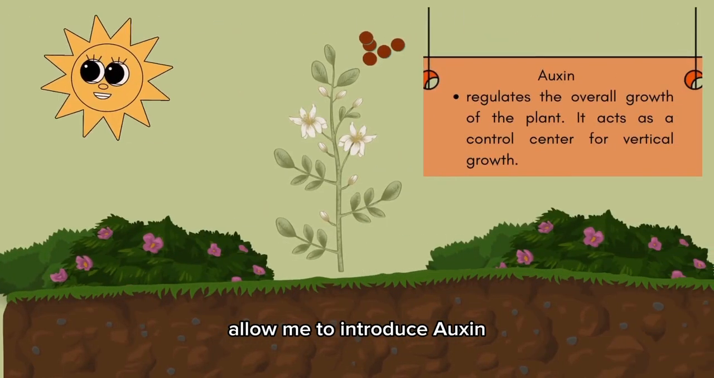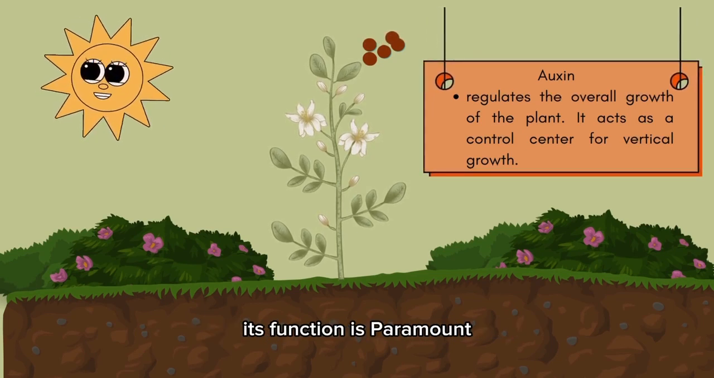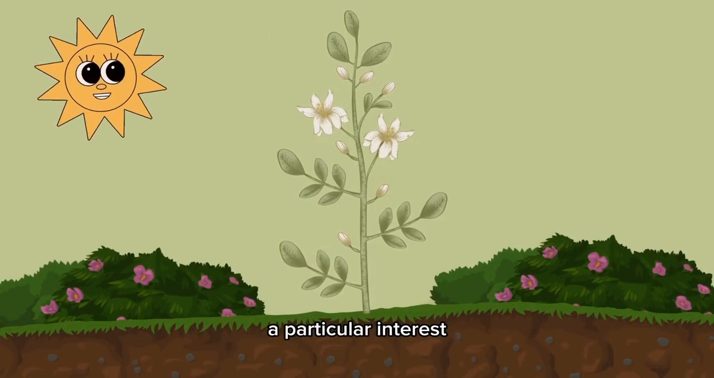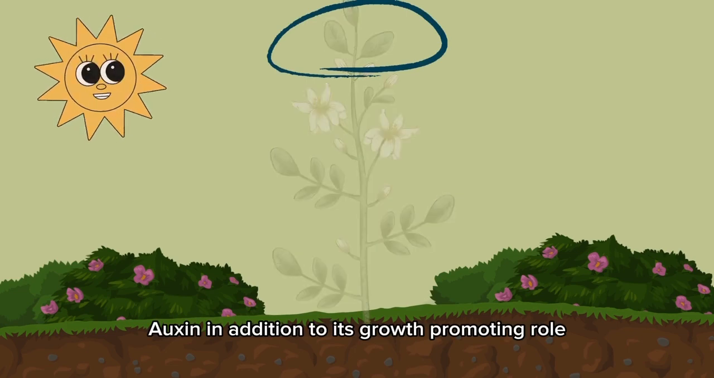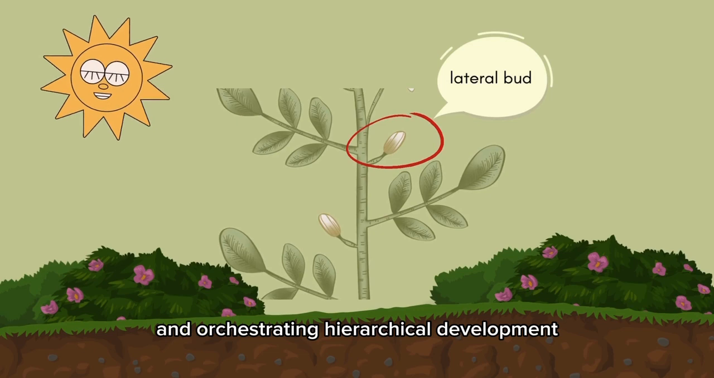Allow me to introduce auxin, a pivotal plant hormone localized at the apical shoot zenith. Its function is paramount, stimulating growth and elongation of the apical shoot, thereby dictating vertical ascension. Of particular interest is the phenomenon of apical dominance. Auxin, in addition to its growth-promoting role, serves as a signaling agent, inhibiting lateral bud growth and orchestrating a hierarchical